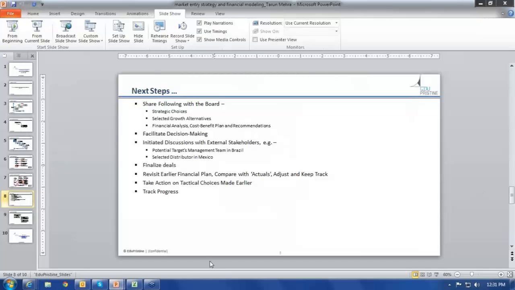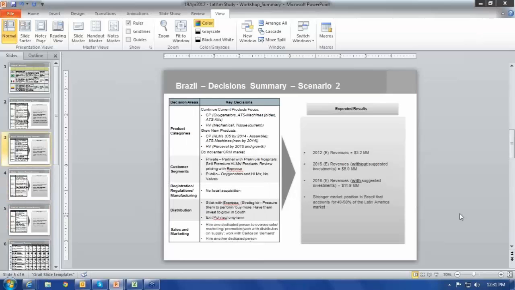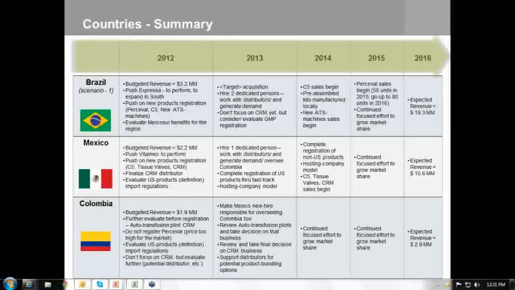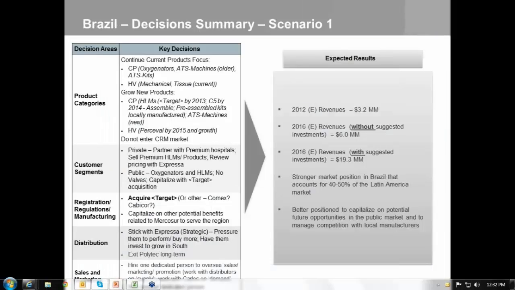The other thing, this is a set of slides that we finally shared, and there were hundreds of other slides as we moved on during the project. But essentially we said, here are the country summaries: Brazil, Mexico, Colombia, these are attractive, these are the things that you will need to do, and this is the target that you have to acquire. Here, all of it summarizes everything I was saying so far, and then for specific countries, a decision summary: how is it going to turn out in scenario 1, what kind of customer segment should you be targeting in Brazil, what kind of registration or licensing issues should you be careful about, and so on.